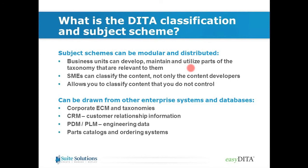Okay, so similar to DITA maps, subject schemes can be modular and distributed. That basically means that you can allow other business units to develop, maintain, and utilize those parts of the taxonomy that are relevant to them. Unless they have a bunch of different products, product teams, or business units, where I have systems that are describing this information, I can basically pull this information out and put it into one big scheme and use that to categorize the content. So it's a way of distributing the model and distributing the effort among different types of SMEs,